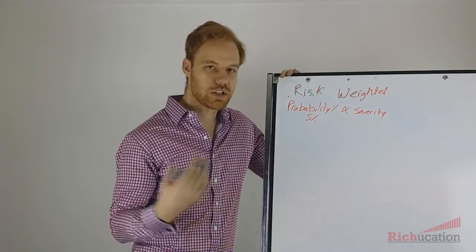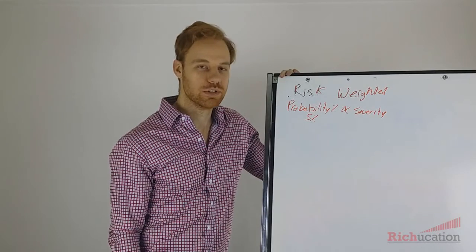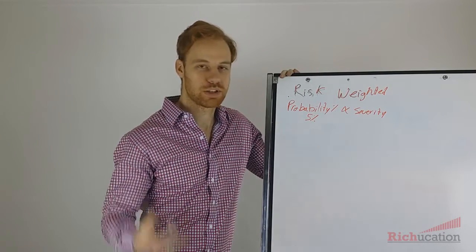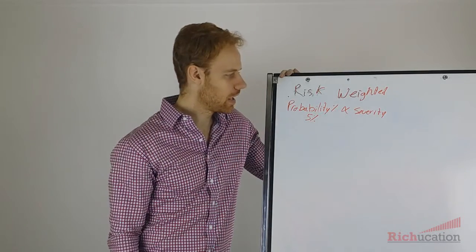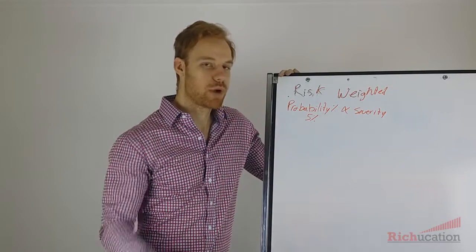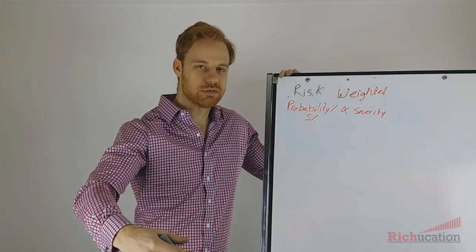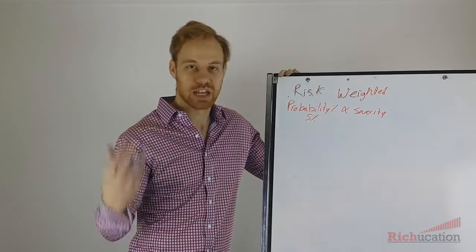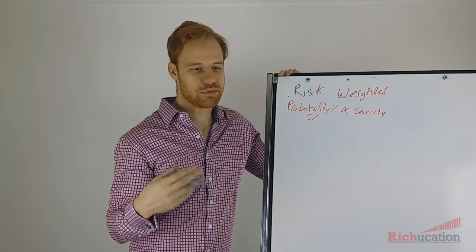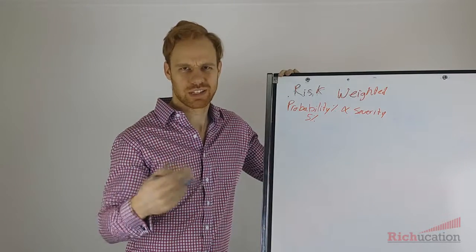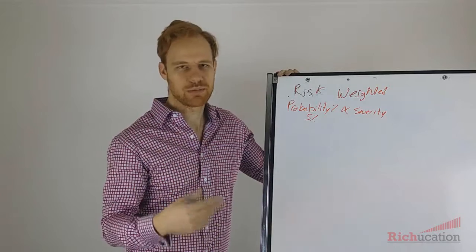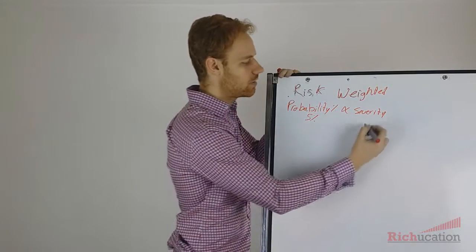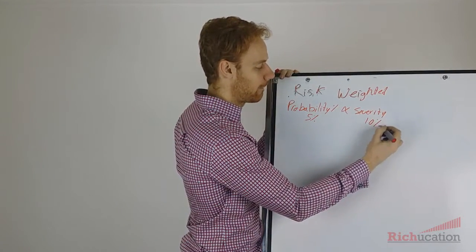And let's say that the amount of money that you would lose in the event that something goes wrong, so basically as the mortgage holder, you're going to be able to take back the property, right? But maybe the property has gone down in value, or maybe there's going to be litigation costs, you have to go to a lawyer and things like this to try and get the property back, and there's a fight, and you're missing out on payments in the meantime. So let's say that the severity of loss is 10%, okay?